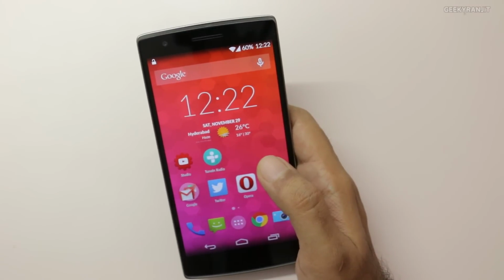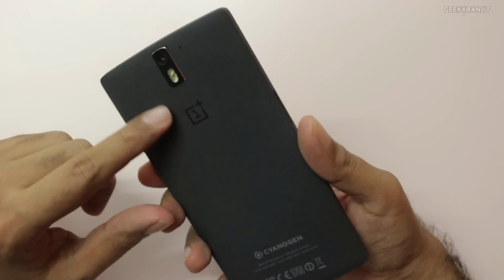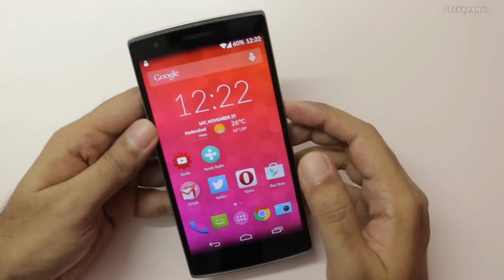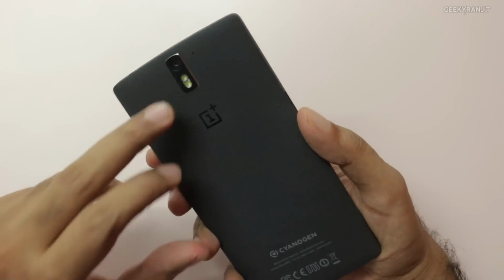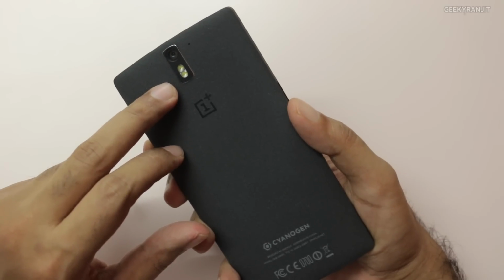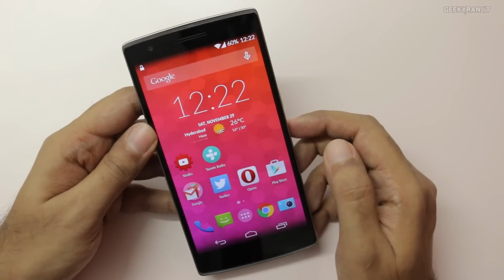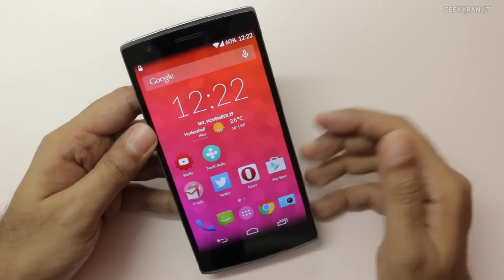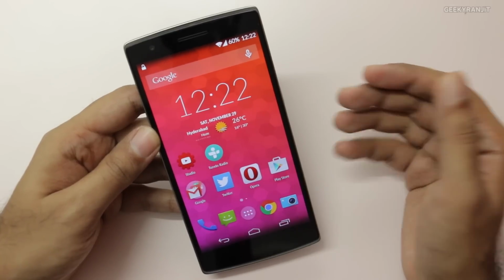So what do I feel about the camera performance of the OnePlus One? As you have seen from the sample shots, the rear facing camera as well as the front facing camera are pretty good, and the outdoor shots come out to be really good with the rear facing camera. Even indoor shots came out pretty good for selfies with the front facing camera in my opinion, and also in the video department it did pretty well, but again it was capped at 720p.